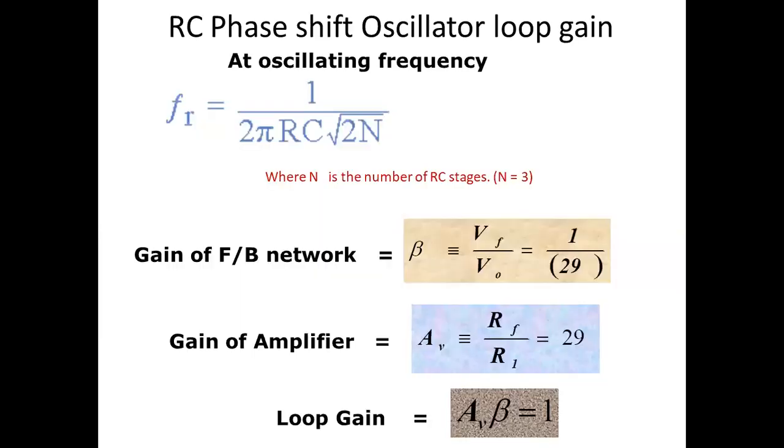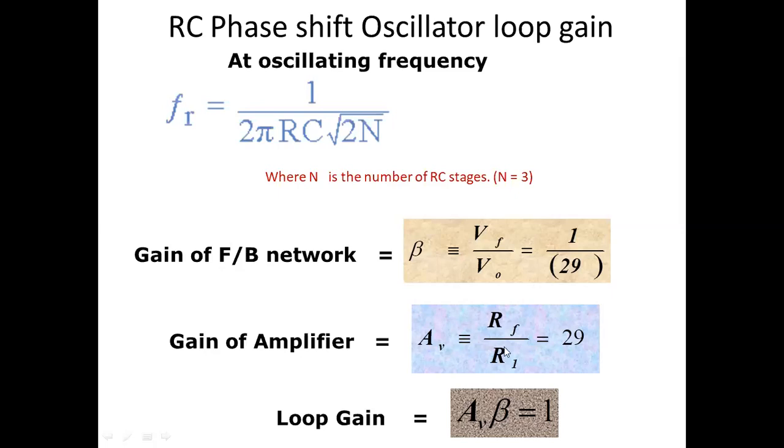The second criteria that is required to be satisfied by the oscillator circuit is the open loop gain, that is, the magnitude of A beta is required to be greater than or equal to 1. Therefore, the gain of the op-amp is adjusted in such a way that it satisfies the second condition